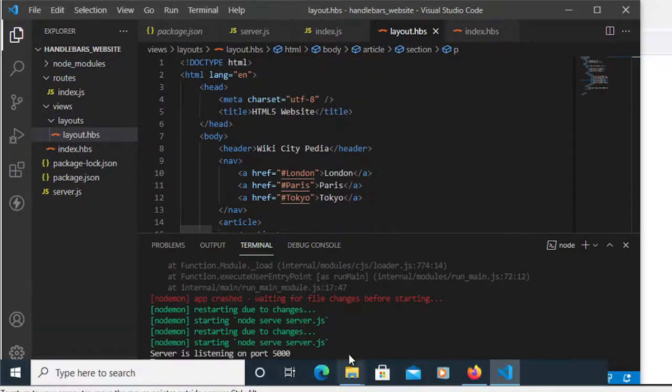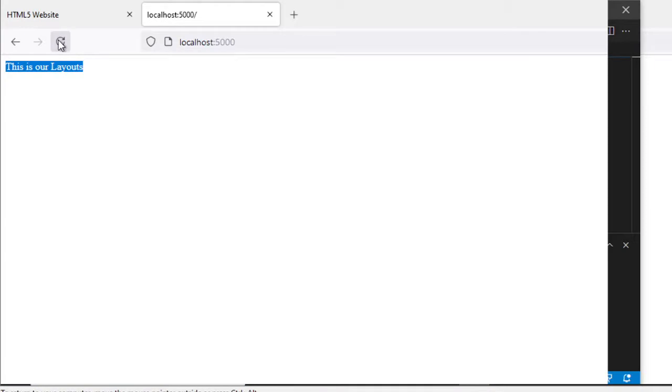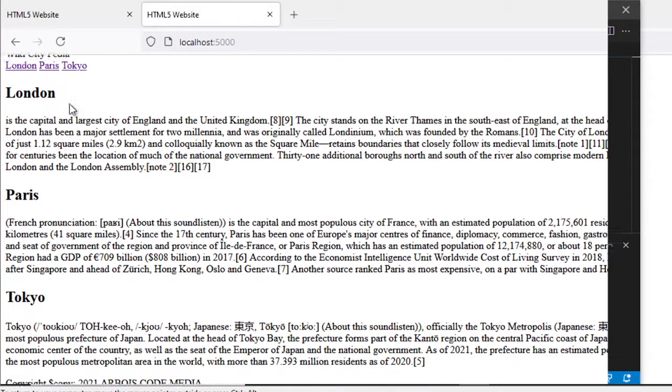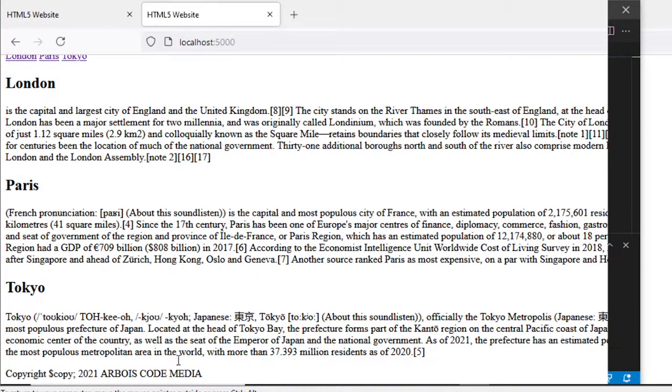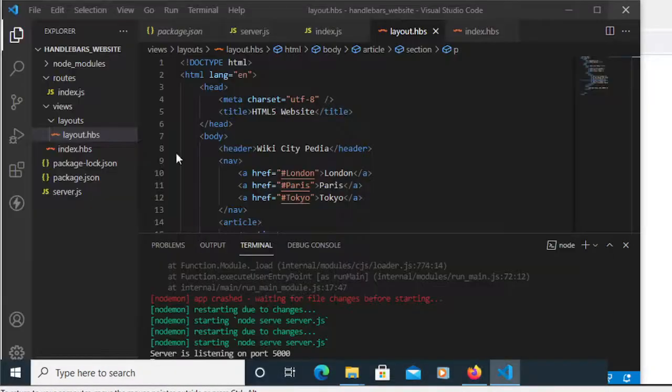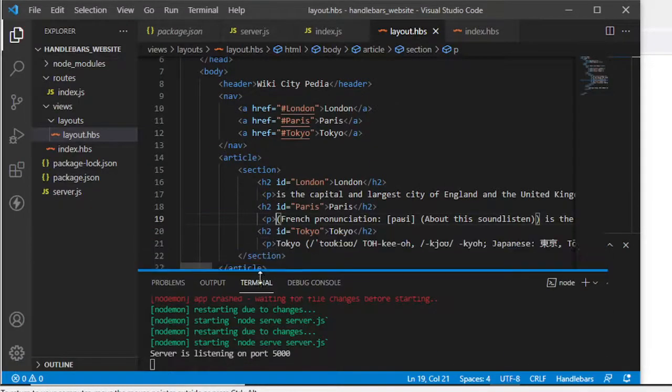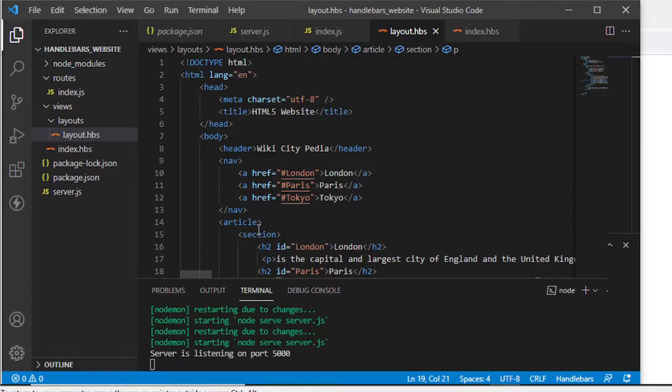Okay, let's view in our browser. I have to refresh this one. Okay, so there you go. So these are now working with our layouts. So the next thing we need to do here is header. Okay, so now that we're done with our layout,